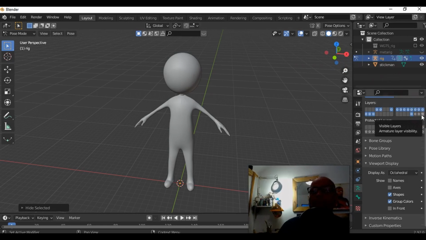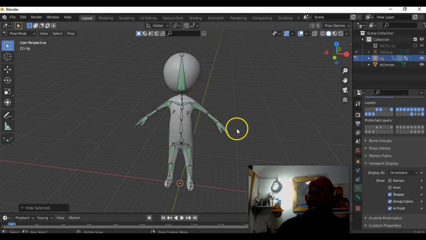What I want you to do is I want you to go Shift and left click on this button here, and you'll see there you've got part of the model coming through. If I now just go down in this mode to where it says viewport display and just click in front, you will see the model there. And now we're going to go back into object mode,